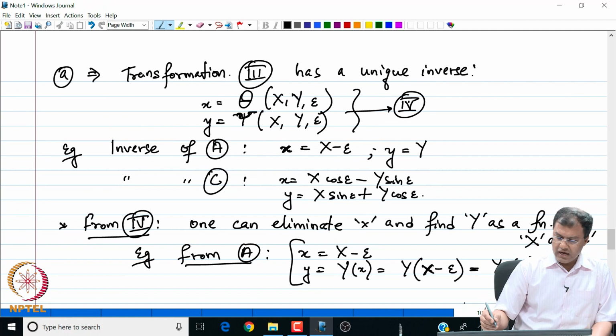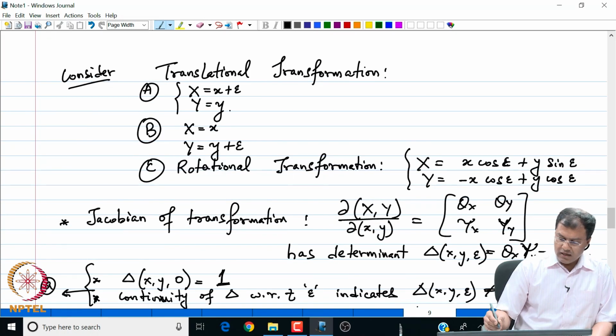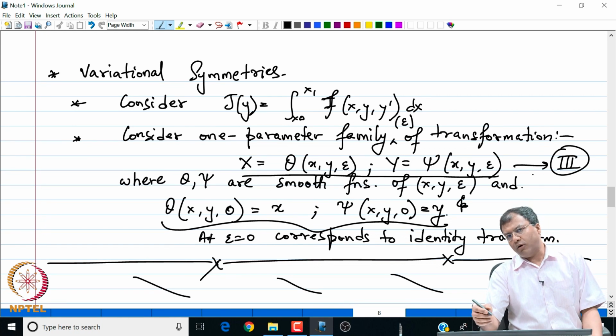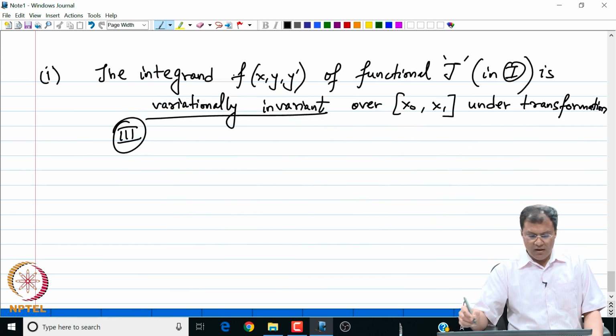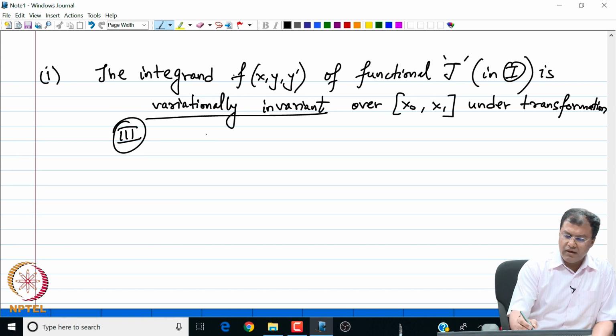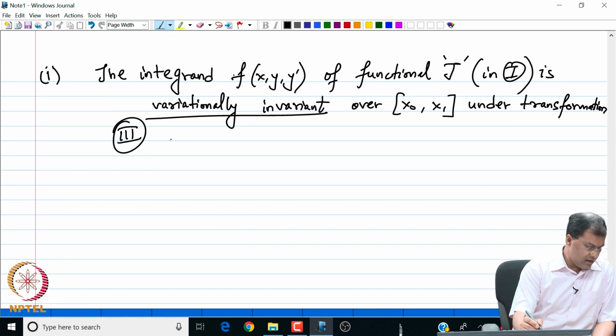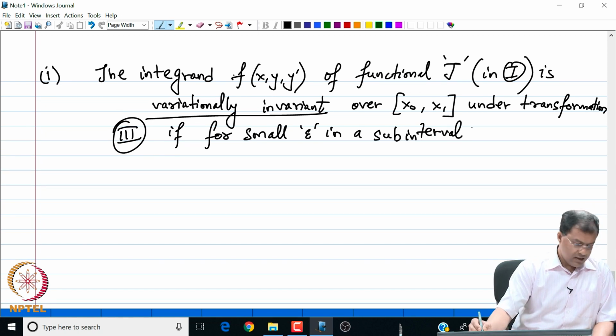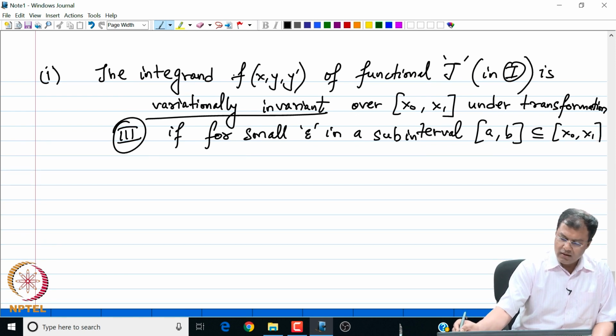Again, I am always going to refer to 3 as my original set of transformations theta, psi. This integrand is variationally invariant under transformation 3 if for small values of the parameter epsilon in a subinterval AB, which is a subset of x0 x1,